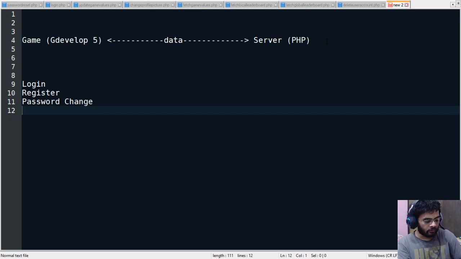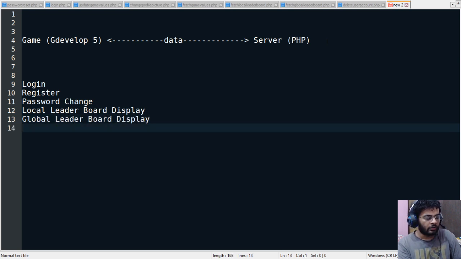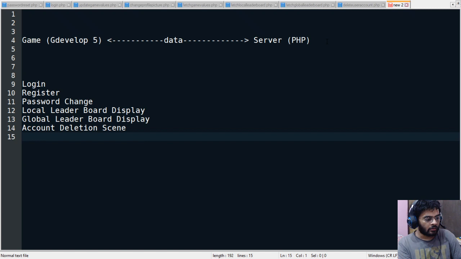And we will also need to make a local leaderboard display scene and a global leaderboard display scene, and maybe an account deletion scene. And that's all, I guess. That's for now. We will have to make these scenes.